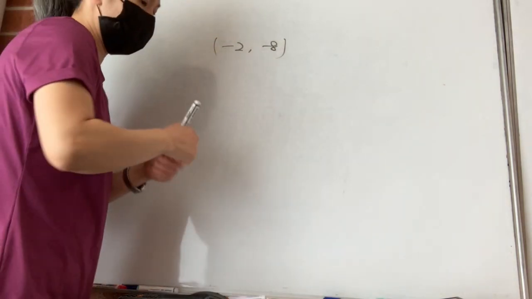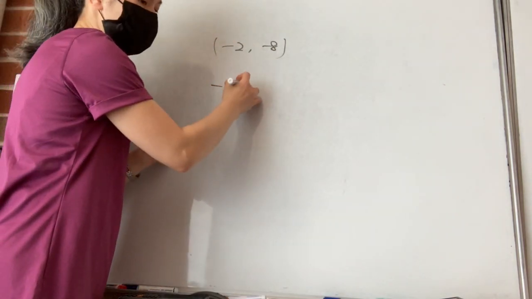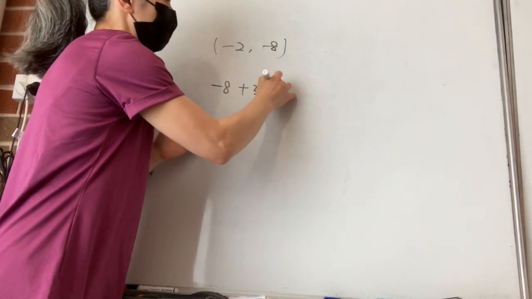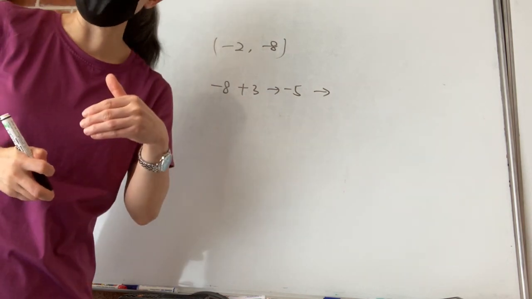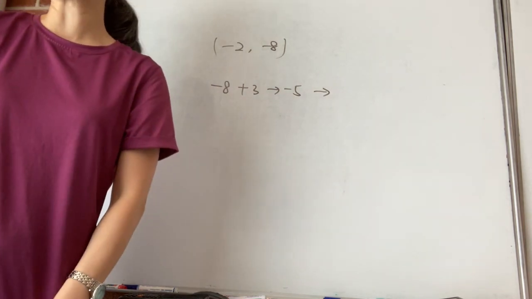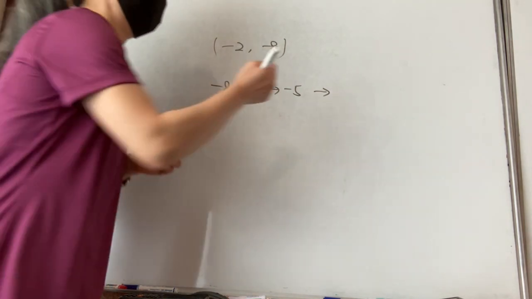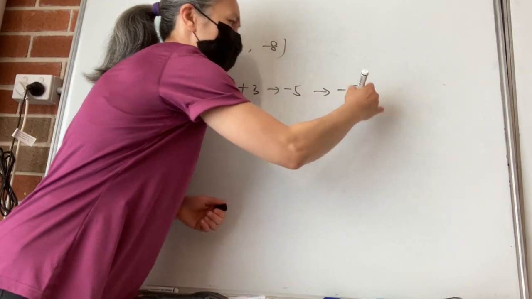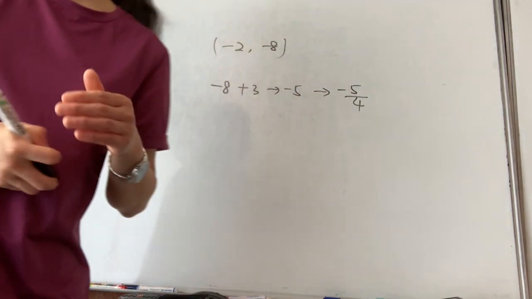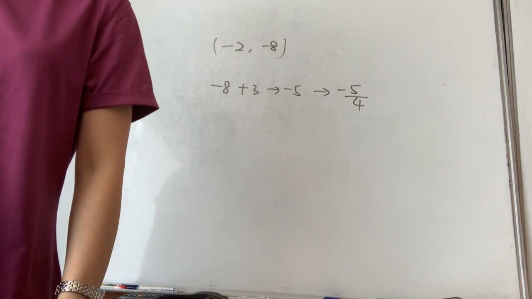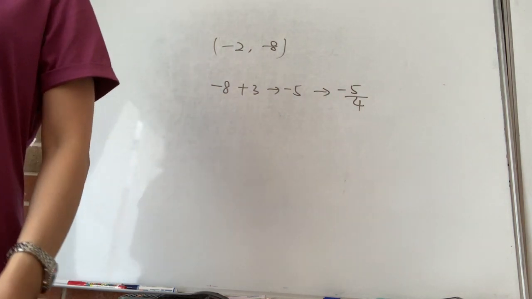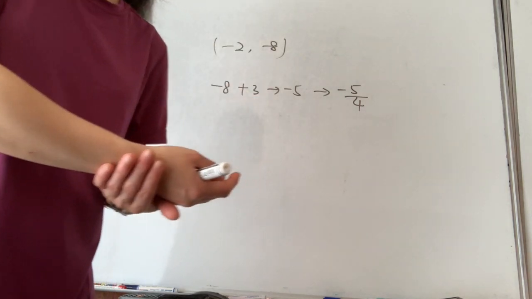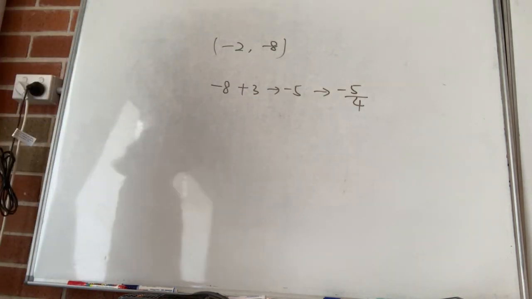Yeah? So you have -8, and then you need to +3 to it. So it becomes -5. And then normally you times it by 4, right? Divided by 4. Now, yes, you divide it by 4. Yes, that's what you do. You do opposite of every single one. Plus become minus, minus become plus. The one later become first, the first become later. Yeah, opposite everywhere. So now you're using equations